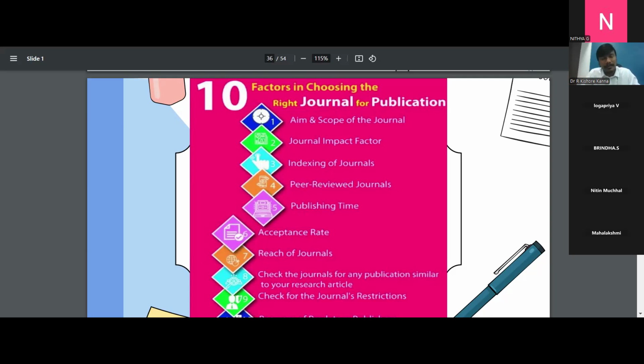When more visibility is attained for that research study, automatically citations and H-index will increase. All are interconnected. When you choose the right journal, or when you focus on a high impact factor, the quality of research will be enhanced. When the quality has been enhanced, it will be easier and more visible for readers, encouraging them in the right direction. And for indexing of the journal, we have to go for high quality or high indexing journals